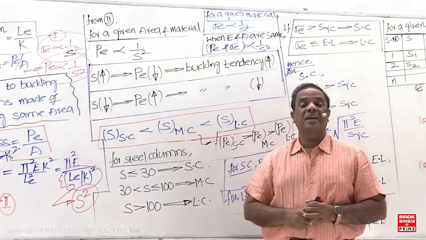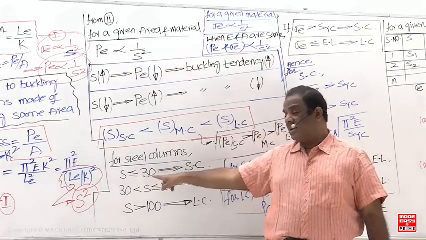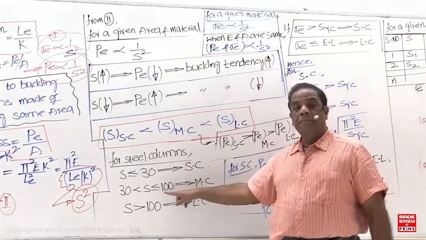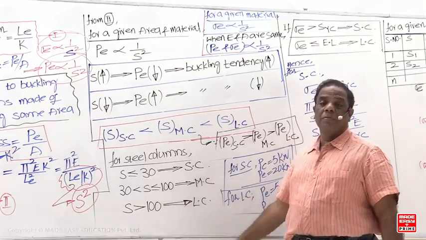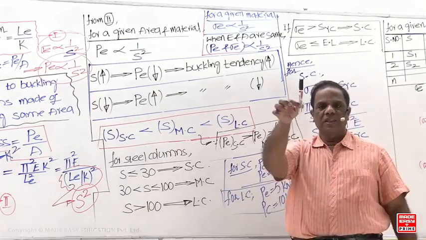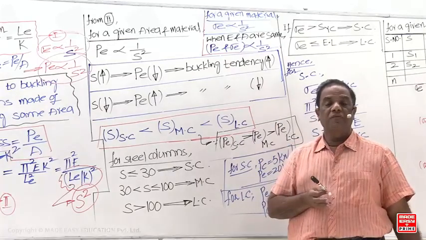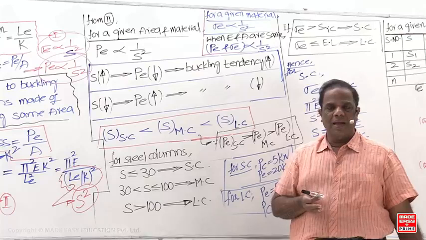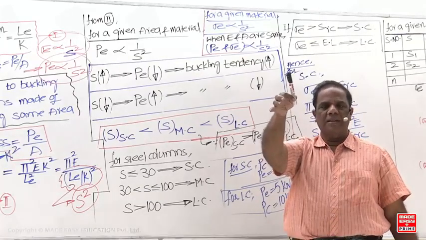You have to find out the slenderness ratio. How to find the slenderness ratio? S equals LE by K. If the slenderness ratio is less than or equal to 30, it means a short column. Between 30 and 100 is a medium column. More than 100 is a long column. For steel, Young's modulus is known. Then we need S equal to LE by K. I know the length of the column, I know the diameter, so I can find out